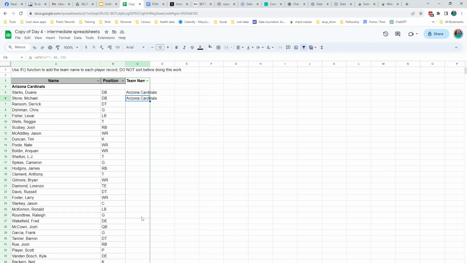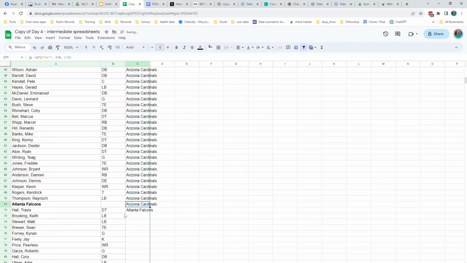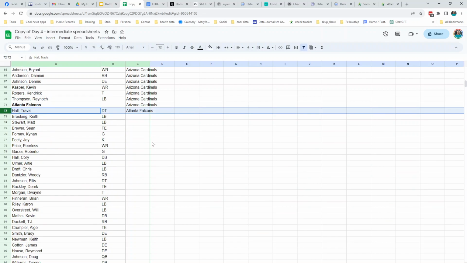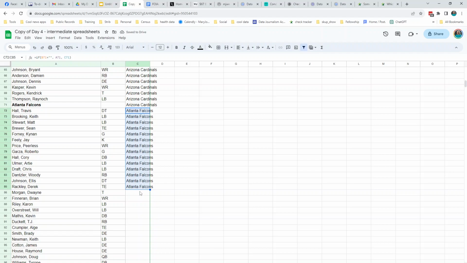If we copy this down and get to at least the next team, you're going to see it make the flip. Right here, this looks funny. It's on the label for Atlanta Falcons, but remember, we're going to get rid of these labels, so we don't care. It's still putting in Arizona Cardinals because it's looking at the row above. But once it gets to Travis Hall, it's like, oh yeah, there's a blank there. We have to take what's in A71, and that would be the Atlanta Falcons, and then it keeps going and does its job. So this would save